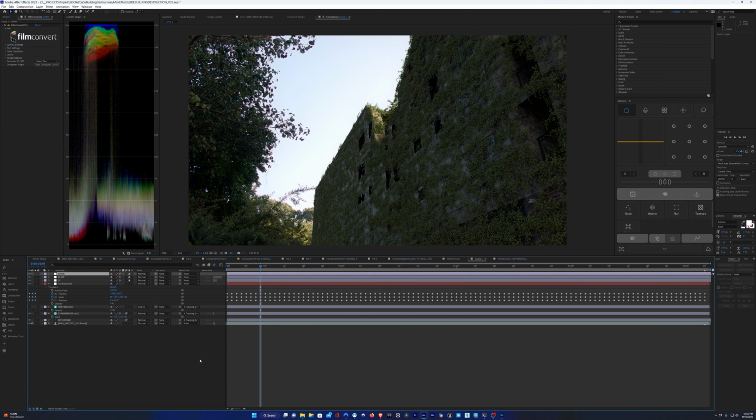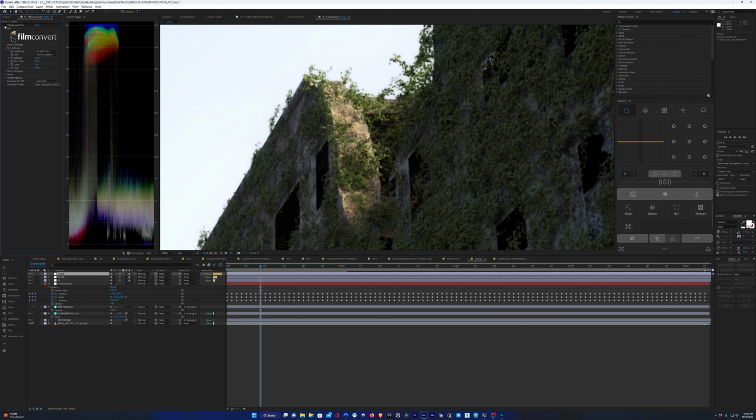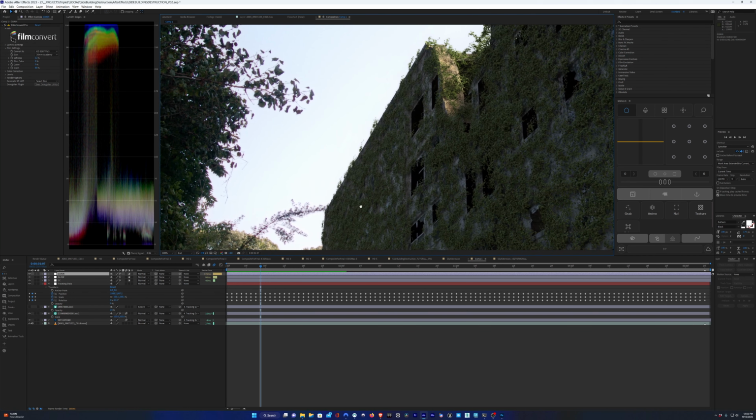And then on top of this, I'm going to add a grain layer with some softening. I'm going to use Film Convert for this. We'll just look at the settings, and basically it's just grain at 80% with a 35mm Academy size setting for the grain, and also a softness. So if I punch in a little bit, we can see what this is doing. If I turn this on and off, we can see that it knocks down the sharpness just a little bit. It's adding grain on top of it, and that's helping it blend all together